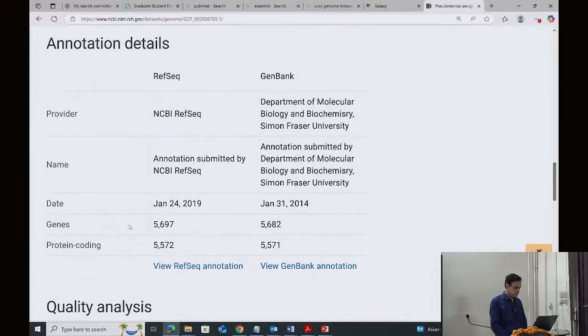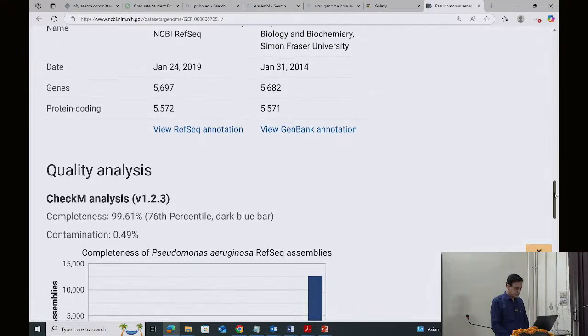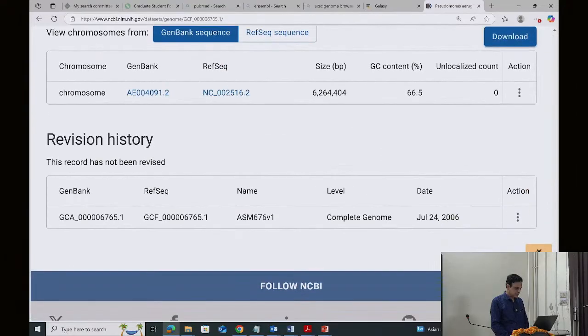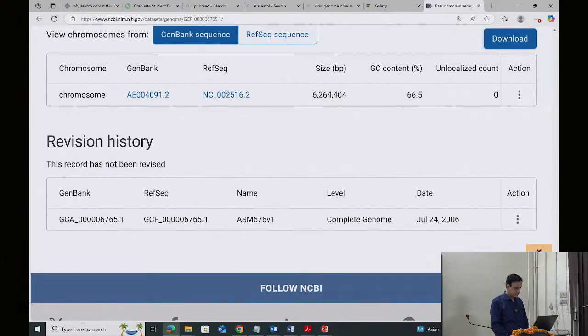So the total number of genes is 5,697, and out of this, 5,572 are coding for proteins. So the protein coding genes is actually this 5,572. Okay, so you were able to do this, and then you went down and clicked on the reference